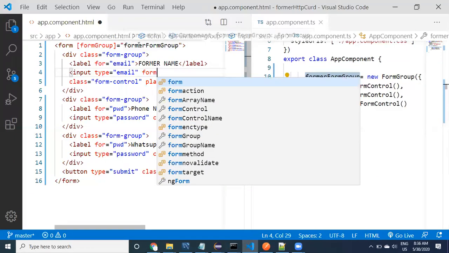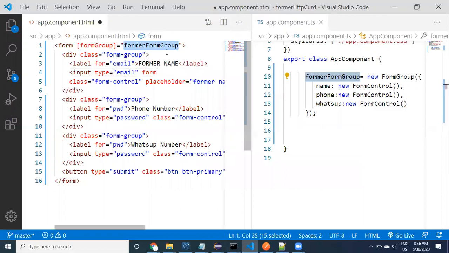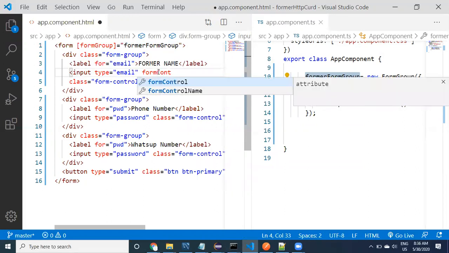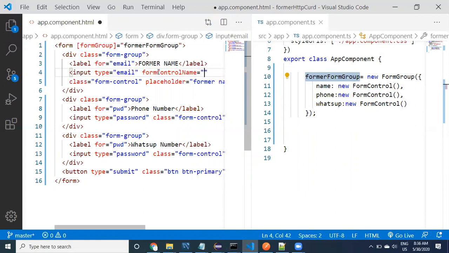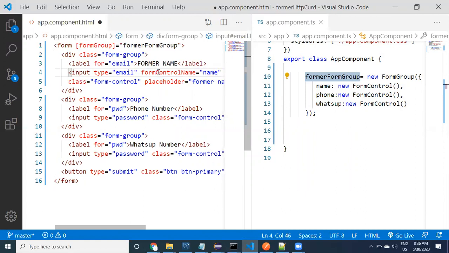For the form group, we have the property form group. For form controls, we have no properties. That's why we should not say property binding. We have to assign normally. Form control name. For the form control name, use name for this.